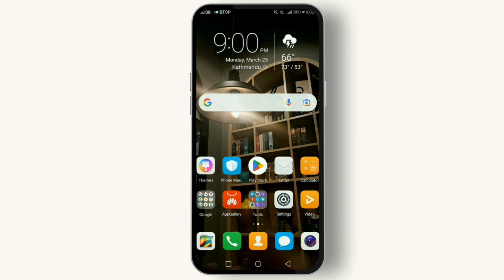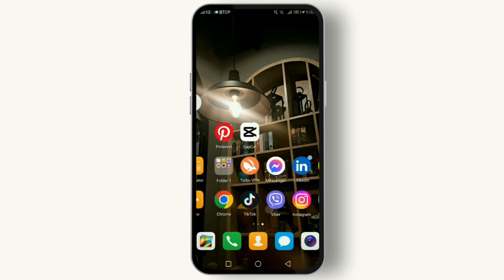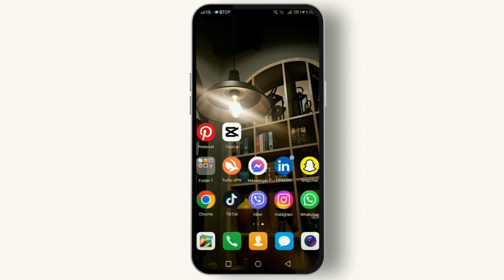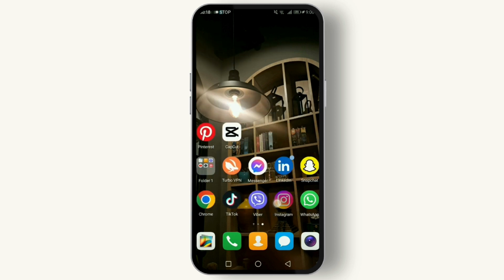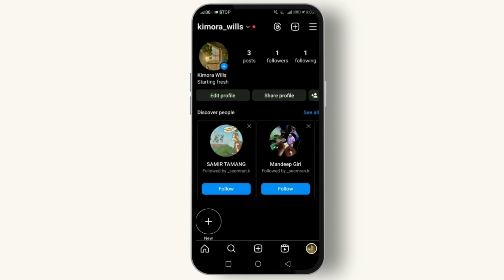First things first, it's important to note that Instagram's policy only allows you to deactivate your account once a week. But don't worry, I'll show you a workaround that can help you achieve the goal of taking those much needed breaks twice a week. To deactivate your account, you'll need to open the Instagram application and log in to your